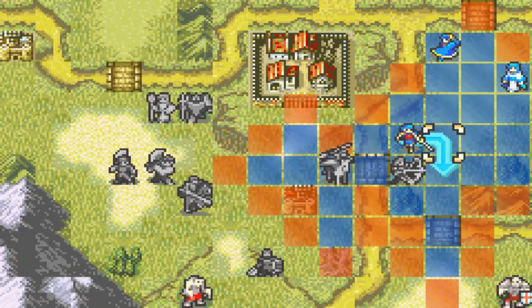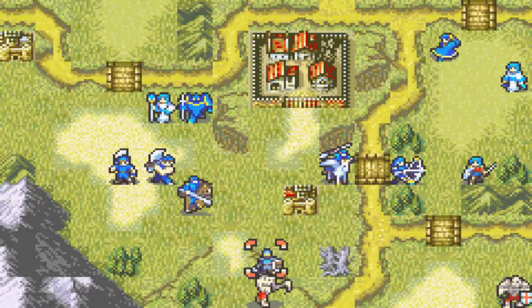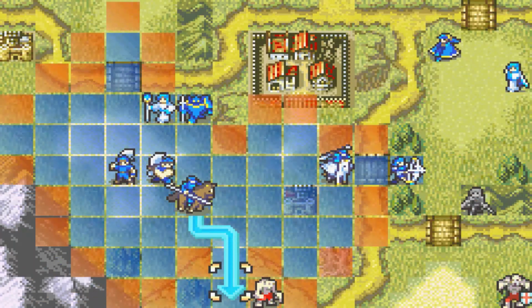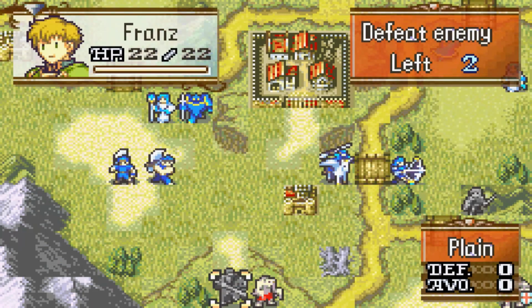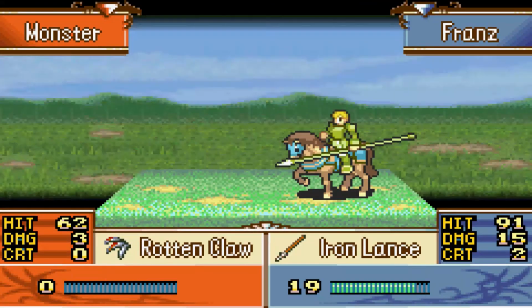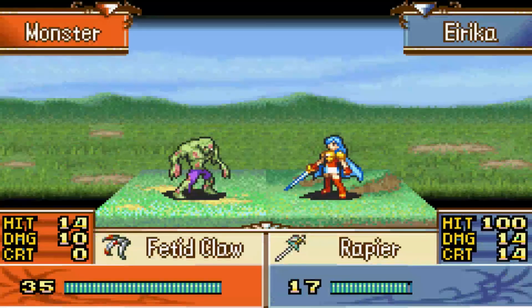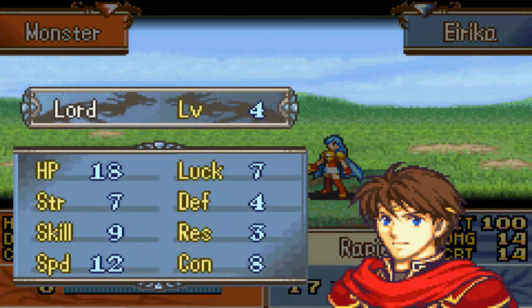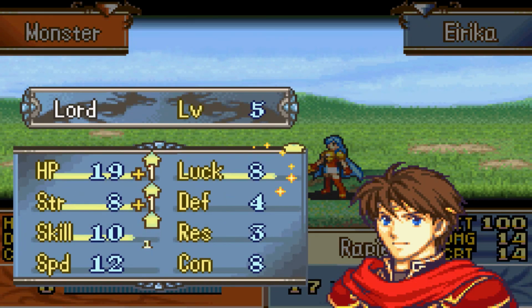Oh, I really want to put myself in the mountain. That gives me a lot of advantages. So let's put myself in the mountains. And let Franz deal with this guy. Wait, let's go. If correct, the boss should attack me now. Uh-oh. Well, there we go. That's very nice. Lucky level up. A very lucky level up.